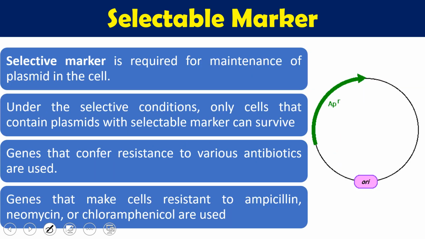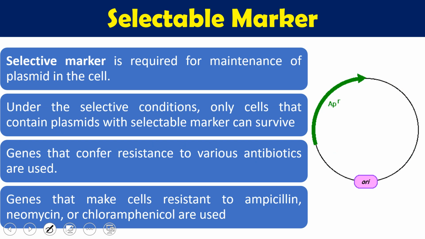So what is a selectable marker? A selectable marker is normally required to identify and detect your transformed cells. When we send the recombinant vector into a competent host, because it is invisible, you are not going to see all the vectors or the cells with the naked eye. So you need to put a marker that will give you information by which you are going to select, to pick, the transformed cells.